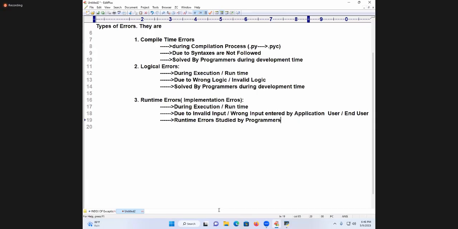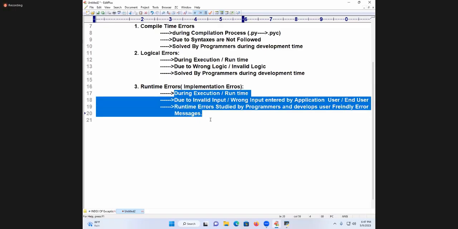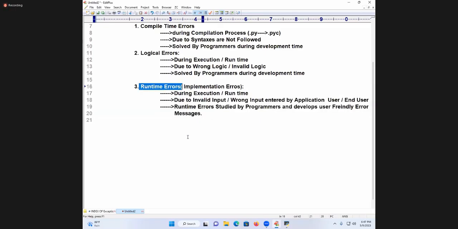Studied by the programmers, and develops which message? User-friendly error messages. Are you able to follow me? Develops user-friendly error messages.